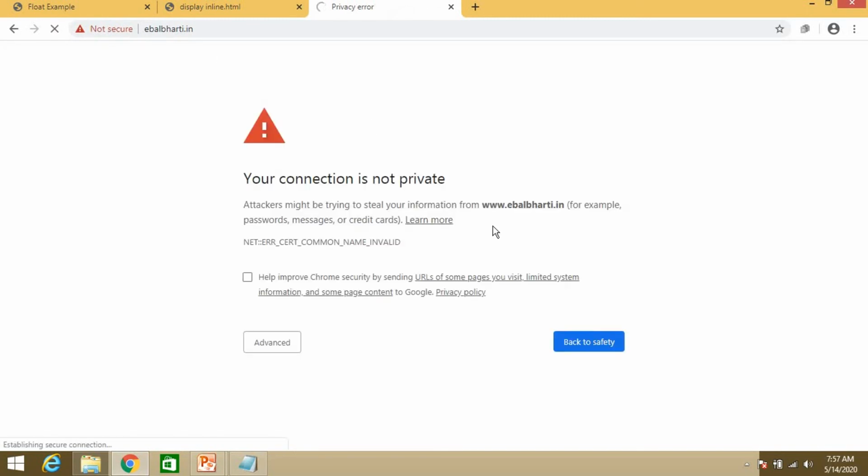See, this is it. Once you click this, a link will go to your website, that is ebalbharti.com. It says the connection is not private, you have to make it proper. Okay, so you will get to that page.